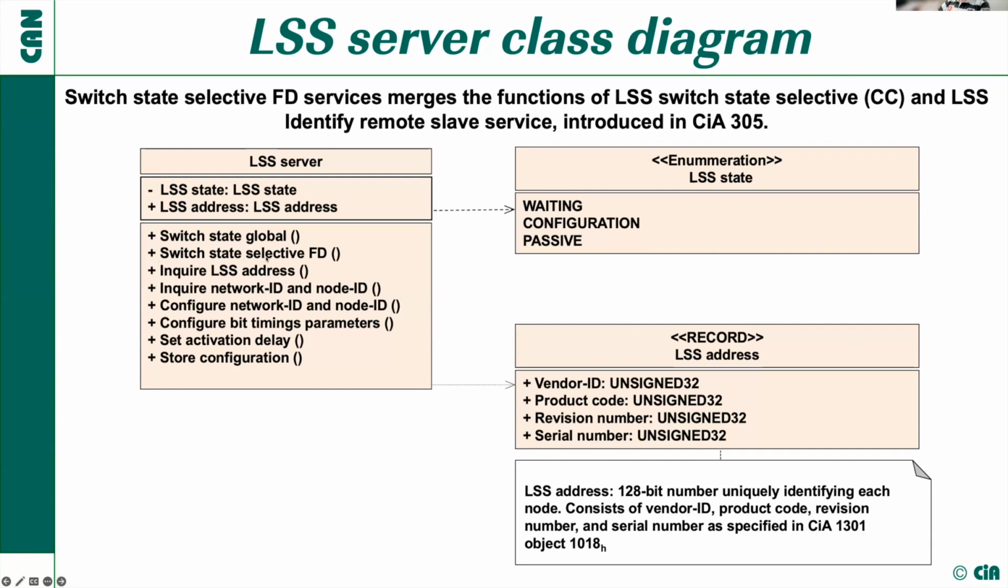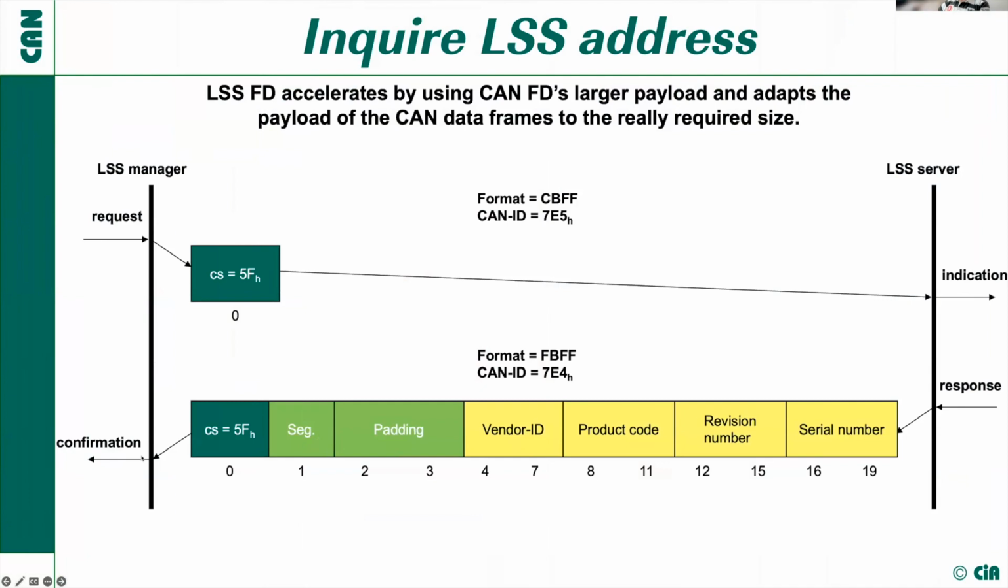And furthermore, we adapted the services a little bit. We introduced the switch state selective FD service, which merges the functions of the switch state selective service and the identify remote service. So I can identify a single device and switch it to the configuration state with the same service. So we could simplify the services, and where possible, we also tried to benefit from the CAN-FD frame size. An example: if I have one device in the configuration state, switched there via the global command,